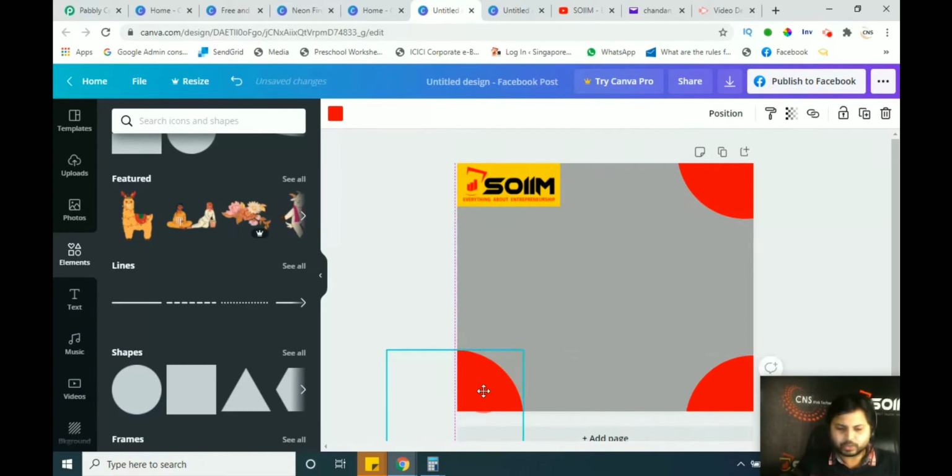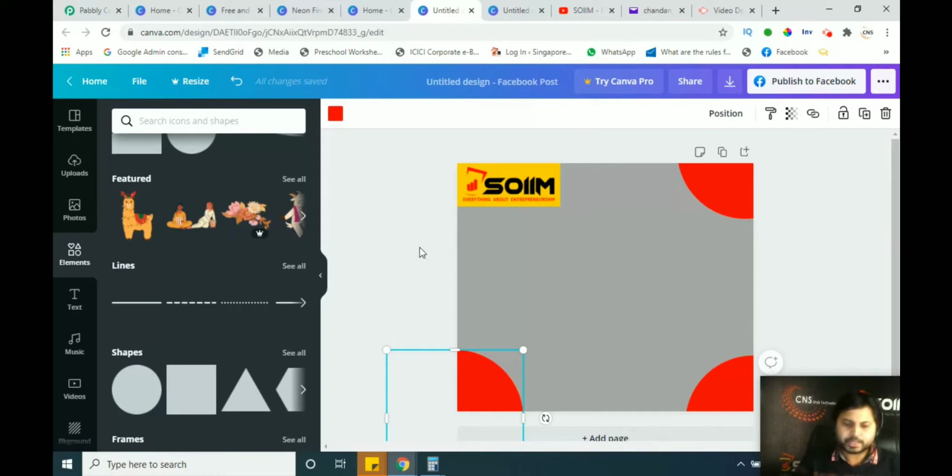When you are designing any graphics here, please make sure you don't use more than 2 to 3 colors. Simply follow the protocol: whatever colors have been used in your logo, use only those colors in the design. It will be more professional and more attractive. So you have to look at your logo color, or think about the theme and template you are going to use here.